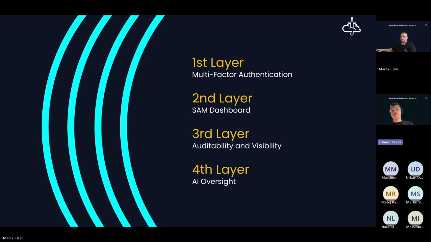All of this is protected by biometry, which is used in the first step. The biometry used as authenticator is also used for the dashboard and for auditability and visibility, so any action is connected directly to the Face ID or the fingerprint. Then, of course, there is a fourth layer, which is the AI oversight. This AI oversight acts as a cybersecurity specialist on top of each user's shoulder, meaning there is contextual analysis of what is happening during the session. If there is anything that shouldn't be within the context, the AI will be able to stop it and send all this information to the administrator for review.